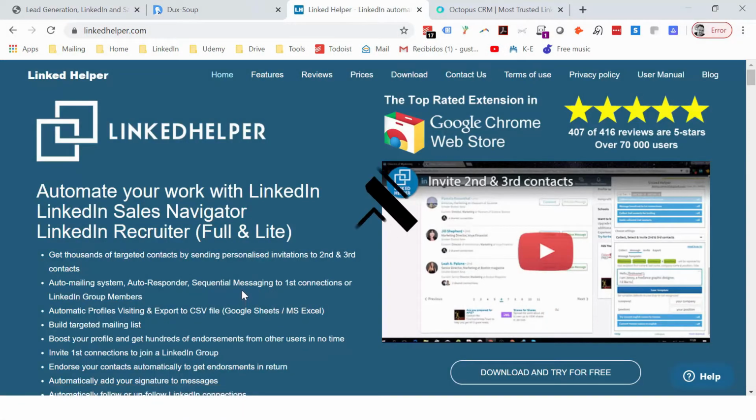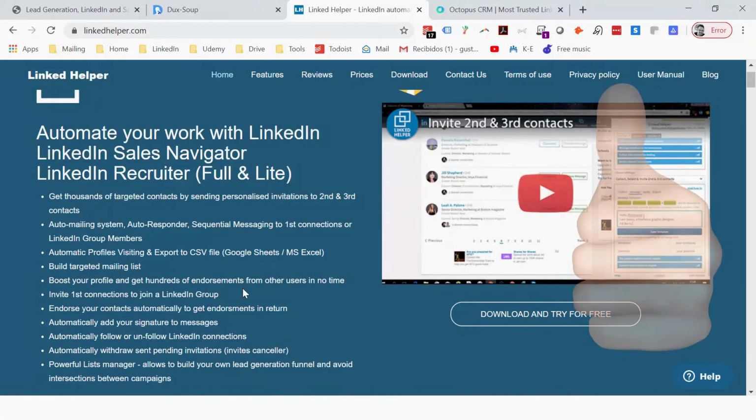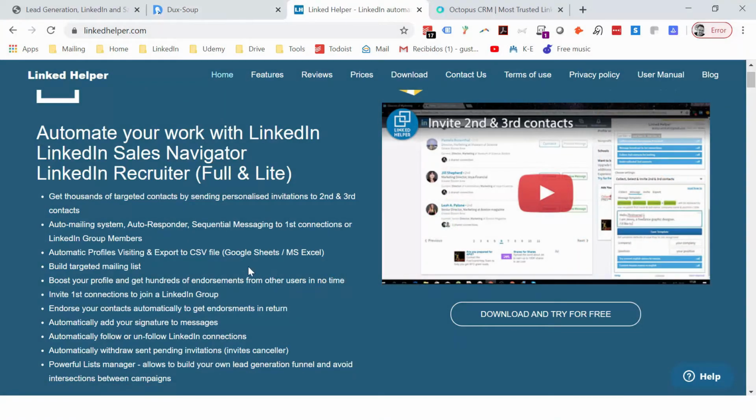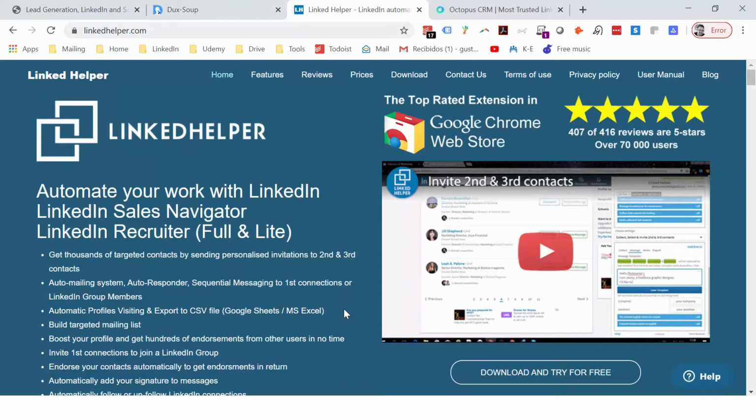Then we have Linked Helper. Linked Helper is also really good, really cool features. I think that overall it has better features than Dux-Soup and better price. Now, Linked Helper has something that I don't like very much, which is the fact that you have to install an executable file in your computer. And considering that we are talking about tools that are going against LinkedIn policy, for me to go install something that I don't know what country this is from, install it in my computer with an executable file, I don't know,